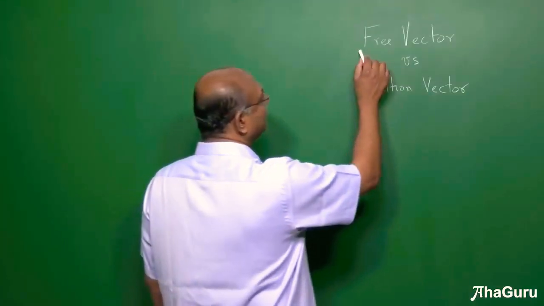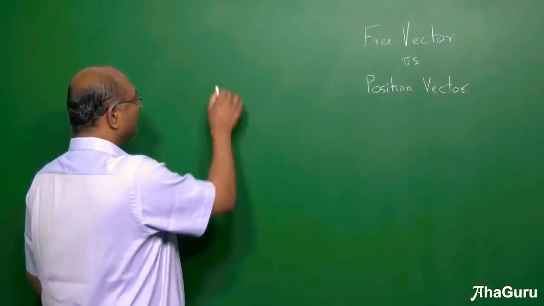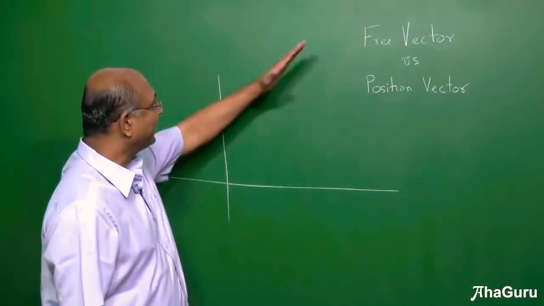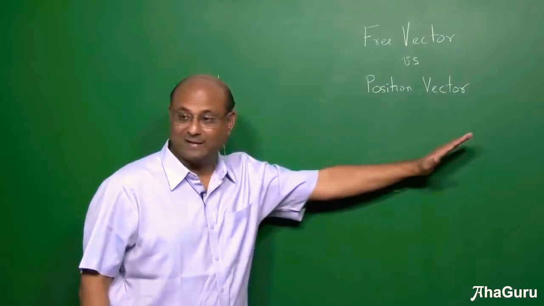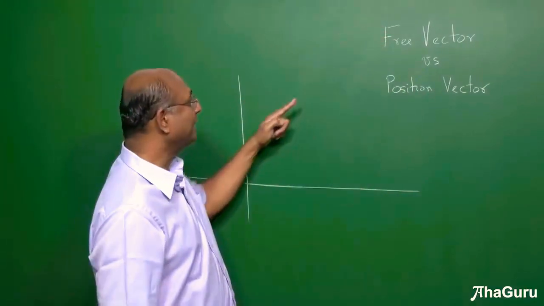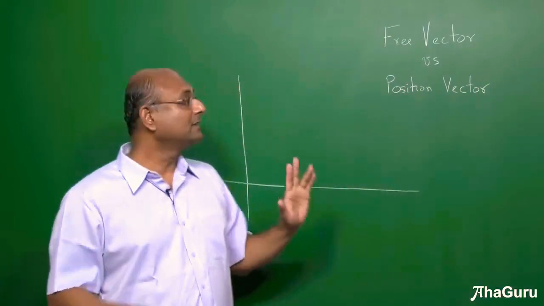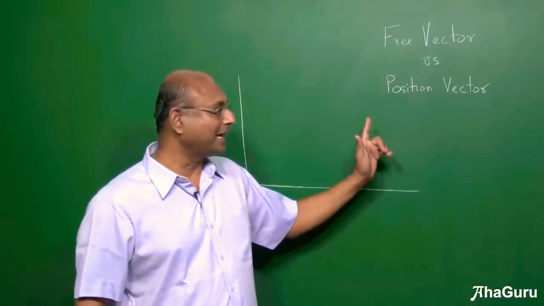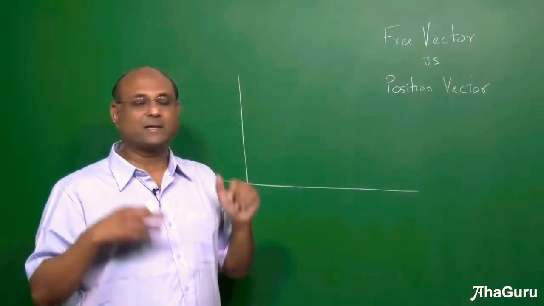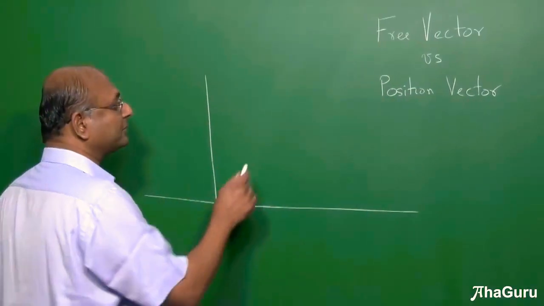So now let us look at the difference between free vectors and what we are calling position vectors. So let us say that this was our coordinate system. If I have a vector sitting here, that vector we can move anywhere, right? Most vectors are free vectors. Velocity, free vector. You can say it has this velocity here, but you can basically move the velocity vector there and there's no problem. Same thing, displacement is a free vector. You can start and you talk about this displacement, you can move it somewhere else. Force, free vector, right?